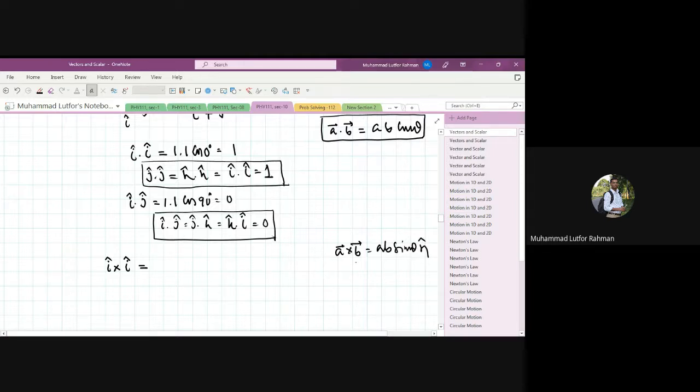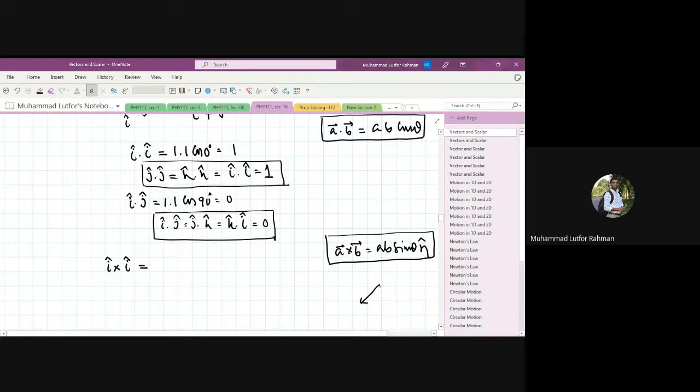Remember I use another notation over here, eta hat. This eta hat is also a unit vector, and that unit vector must be perpendicular to both A and B separately. It doesn't require that A and B be perpendicular, but eta hat must be perpendicular to both A and